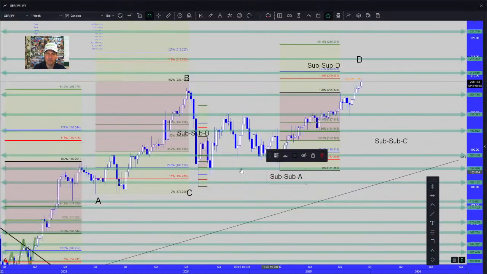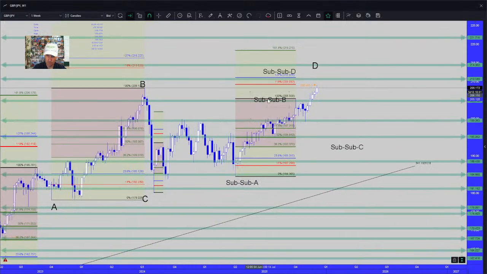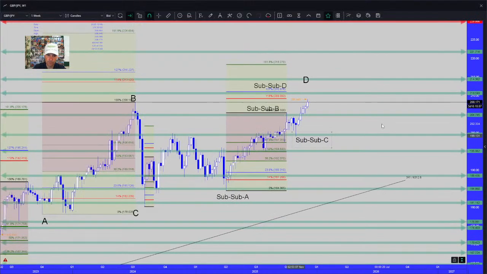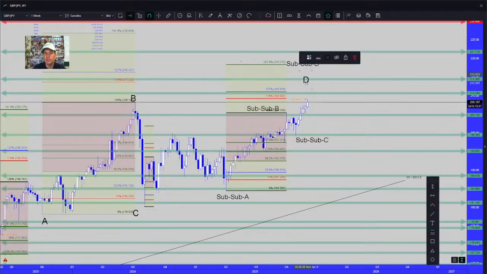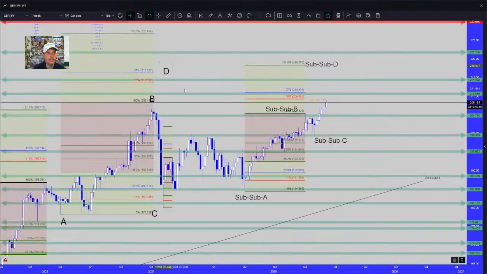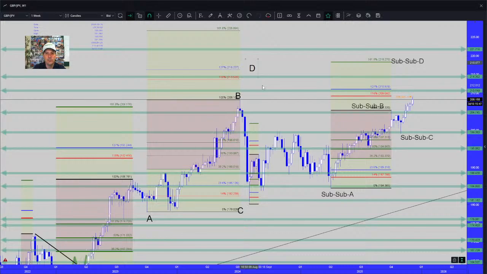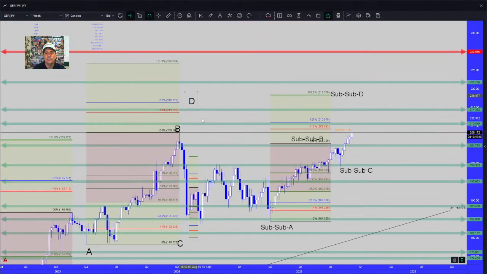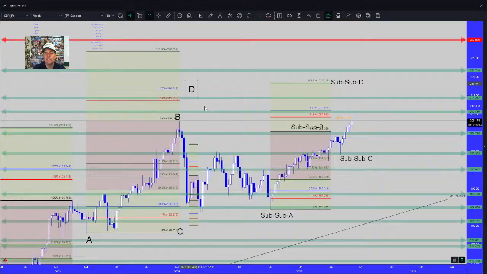Sub A, sub B, sub C. Guess where this market is going, everybody? This is GBP JPY. Now it's the weekly chart. Do you see how the,